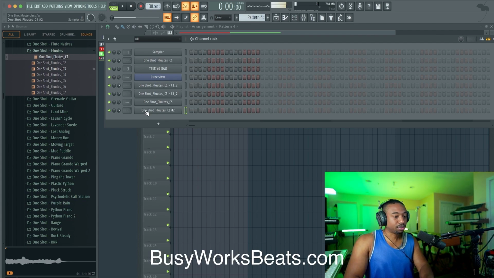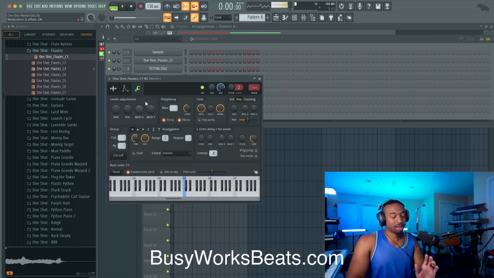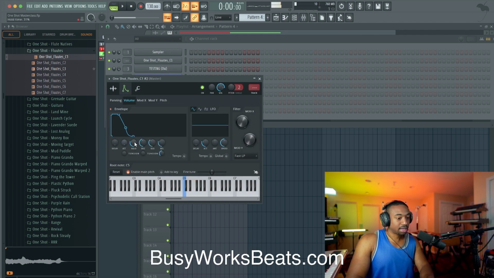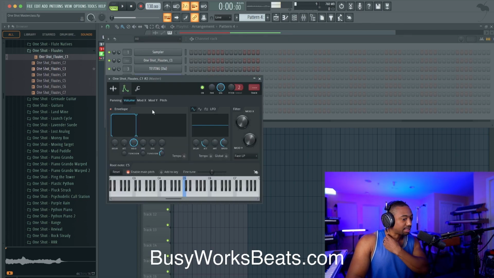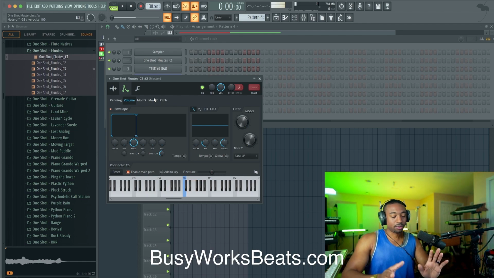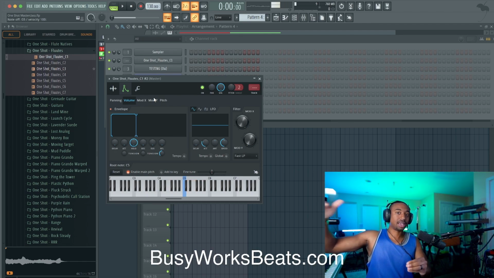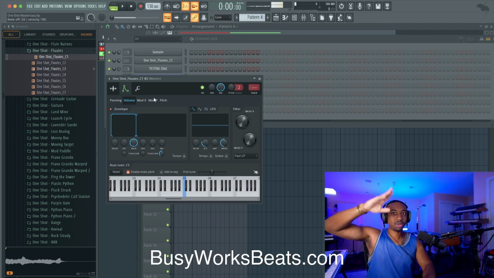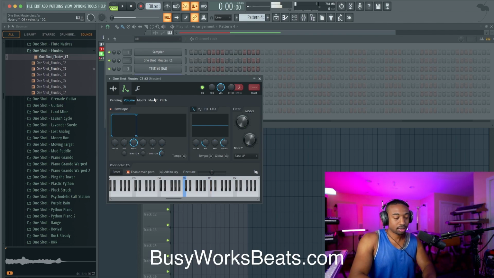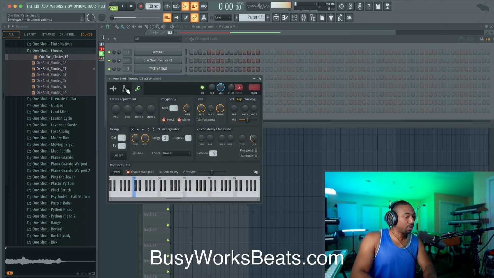So now you can hear pitch bends. But the problem is the sample keeps playing and then it fades out. So we need to go to the envelope tab, turn up the hold parameter, turn everything else down. And now we can use this as if it were a lead. Now again, if you overlap the notes, it considers it the same sample. And so it's just pitching the sample up and down until it fades. So that's how you can make this into a lead sound without looping anything.